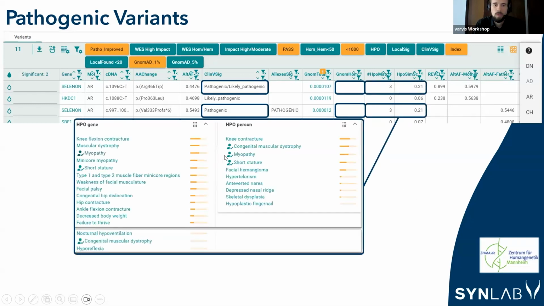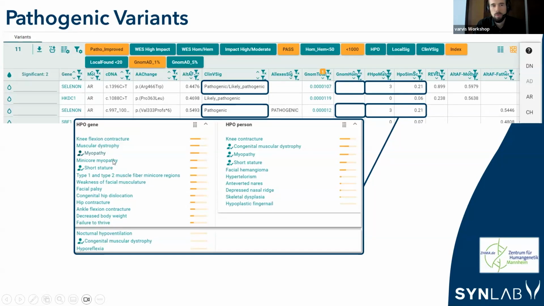And then we obviously looked at the genotype-phenotype correlation, and we found that in the gene and compared to the patient, we had 3 HPO matches shown here, and we had a SIM score of 0.21, which is a moderate match. And you can see here, this is also shown by the software, that there was an HPO match shown here,